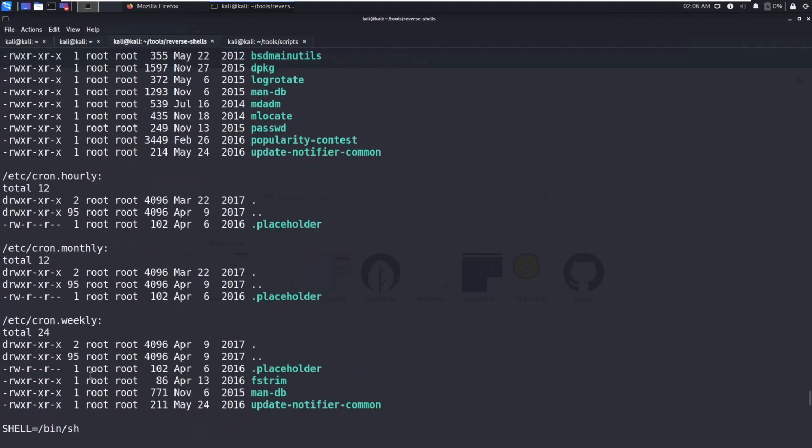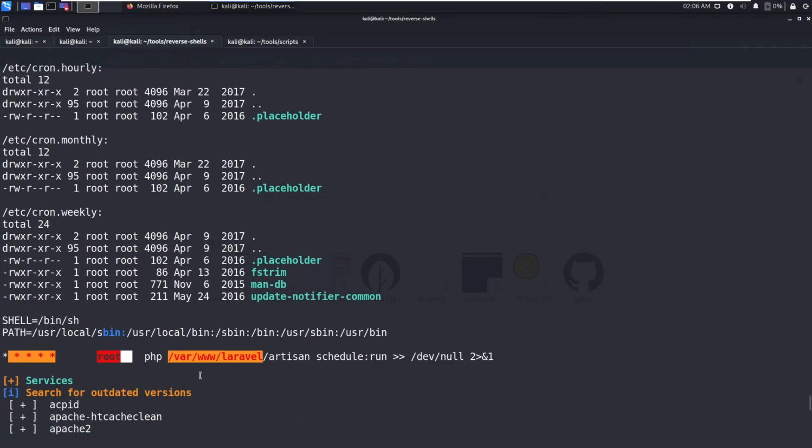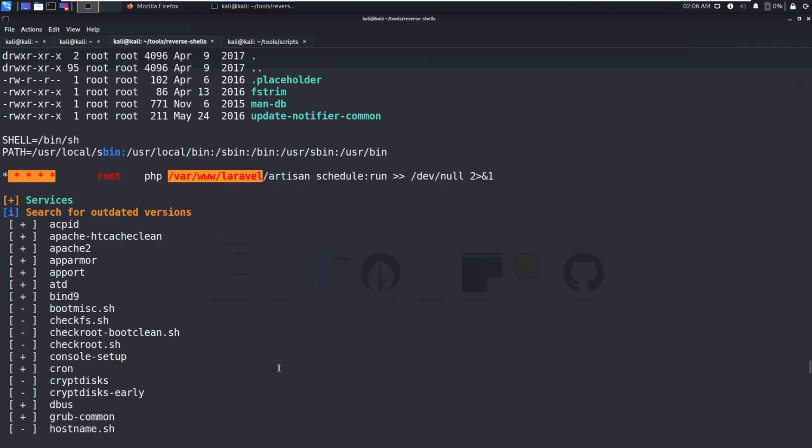So you can see here a cron job running as the root user: php /var/www/laravel/artisan. So artisan is the binary it is running. Let's go to this directory, laravel.